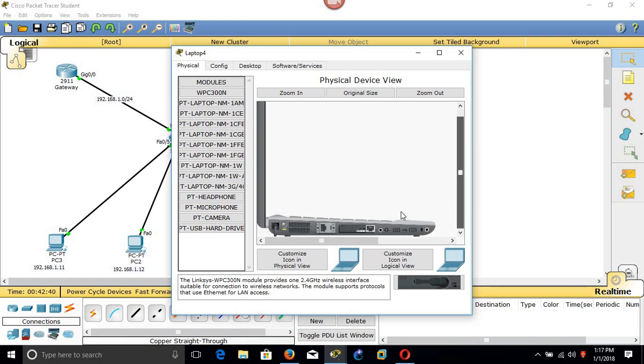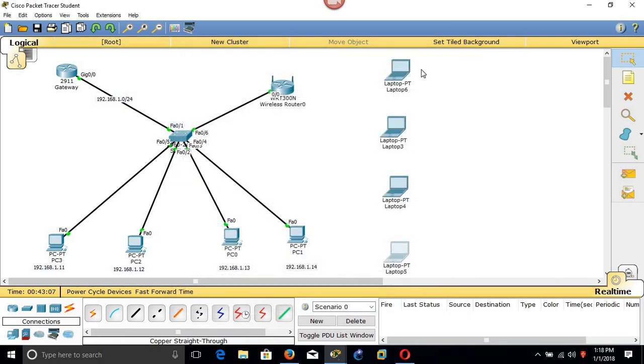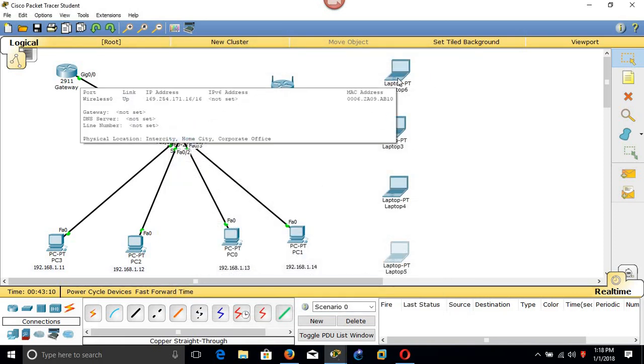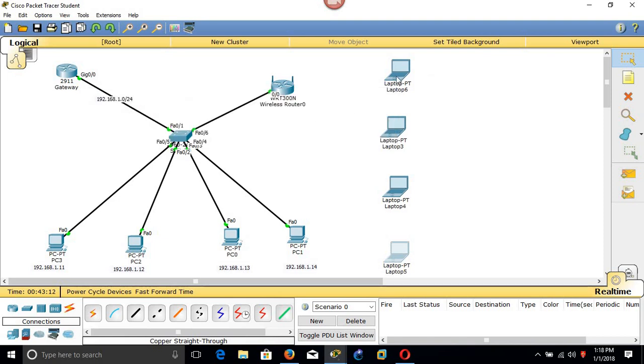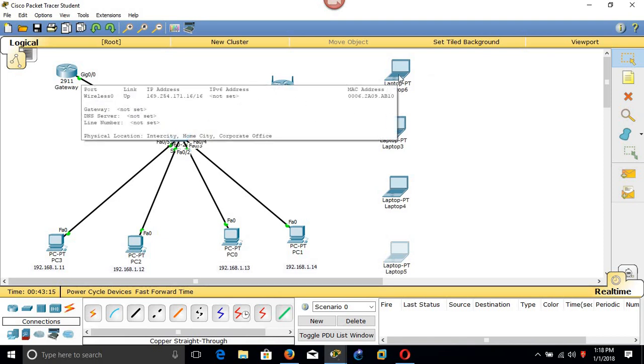The same procedure. By default, our laptop is on. Okay, turn off. Then come here, take this card and place it here. Then turn it on. Let's come to the last laptop, and then go here. Turn off, remove this one, replace with this one, then turn on. Oh, we have finished.